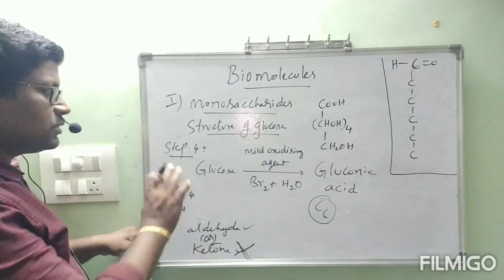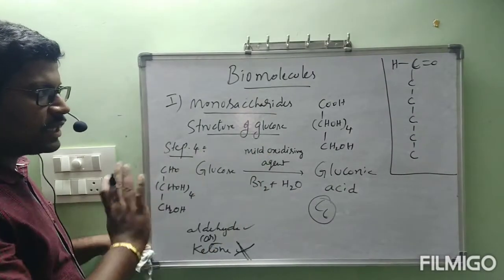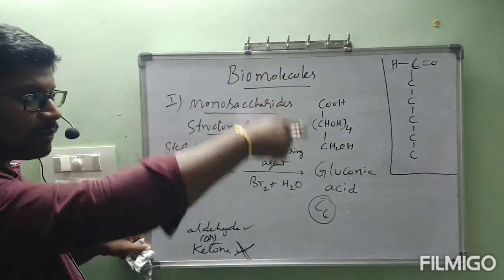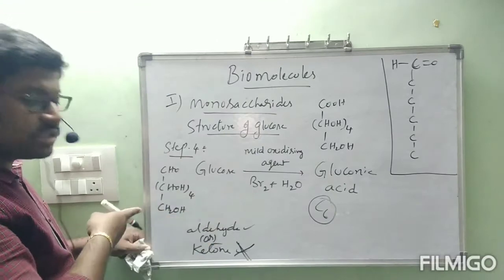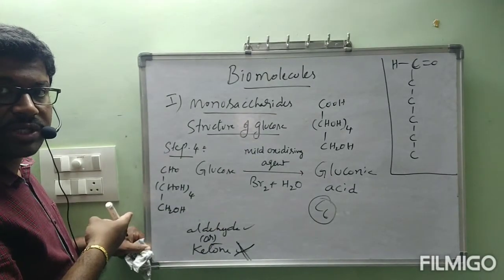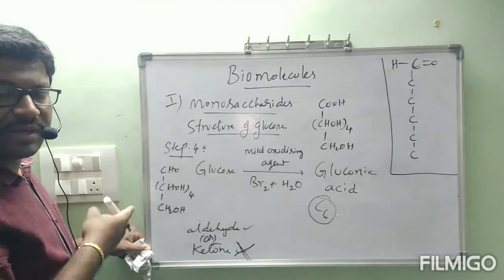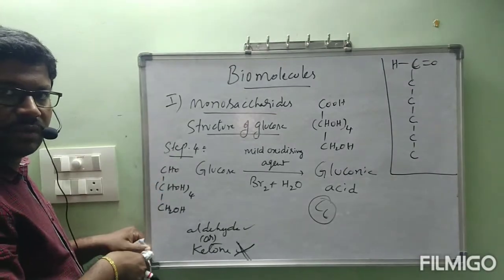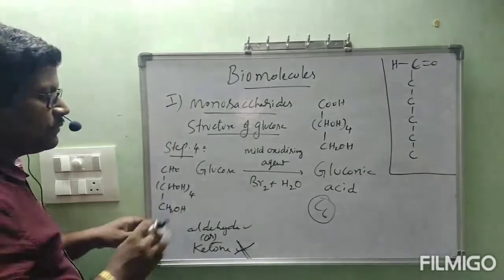Okay, this is about step 4. I think you are clear with the structures also. Actually, we should not write here because we are going to obtain the structure only. If you write like this, we know already what about the OH groups, all these things. But for understanding, for keeping it in mind easily, I wrote this one. Okay? Next, step 5.